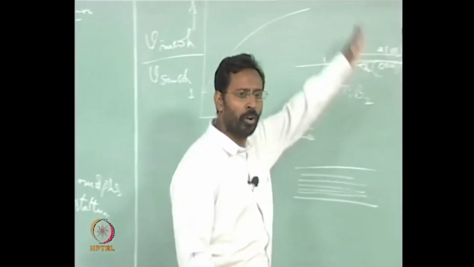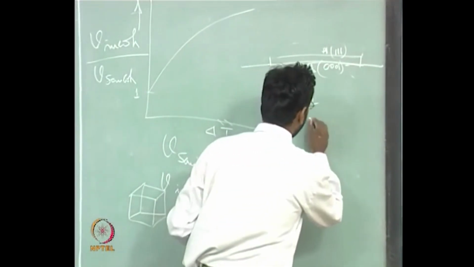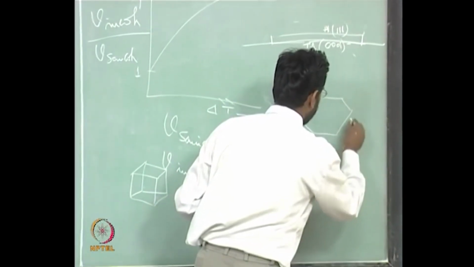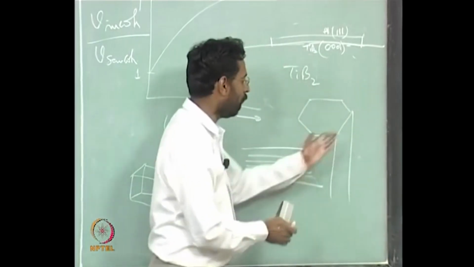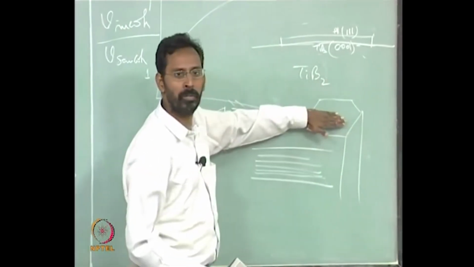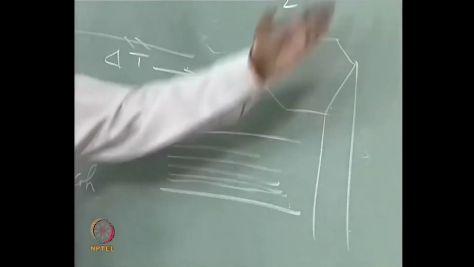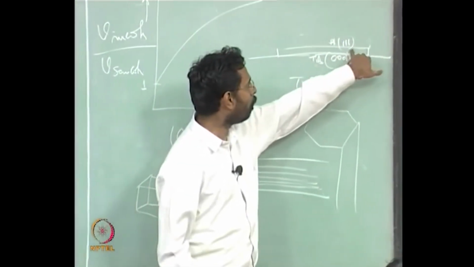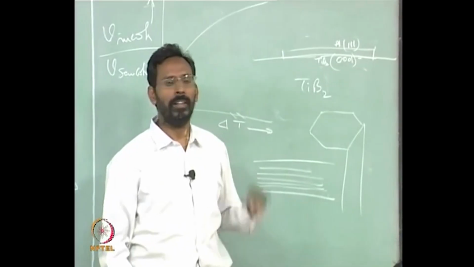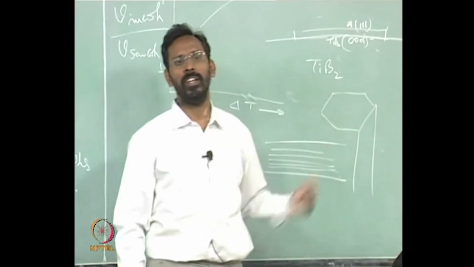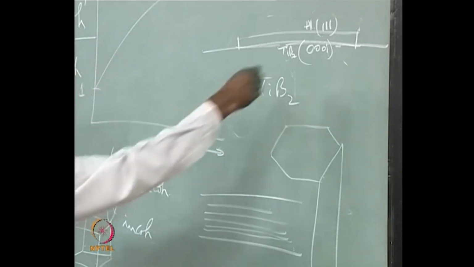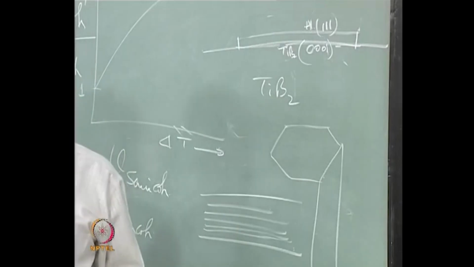So these planes are the ones which are perpendicular to this particular plane, and whatever plane is perpendicular to 111 may not have a coherency. These two planes may not have a coherency. As a result, on the two sides of this aluminum you may not see any coherency